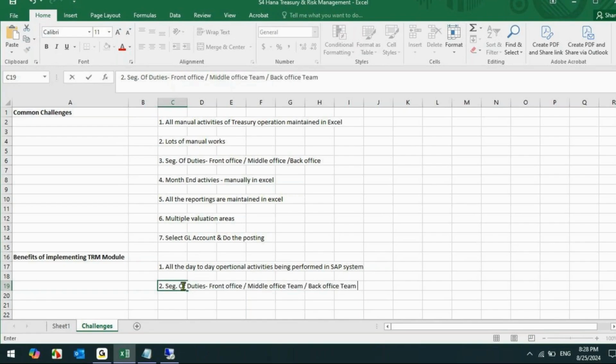Actually speaking, all these activities are already defined in the organization structure. Like what activities are performed by the front office team, and what activities are performed by the middle office team? The middle office team performs activities like scrutinizing what is being created by the front office team. Like let's say if I do some posting, the transactions or deal, whether I have done it as per the